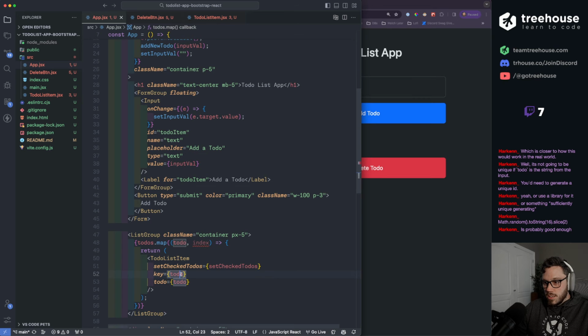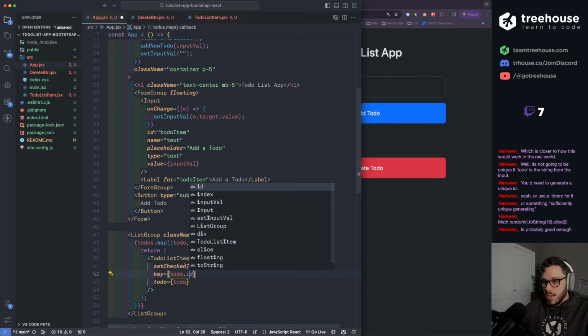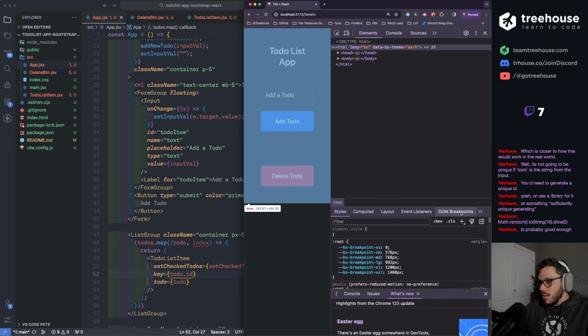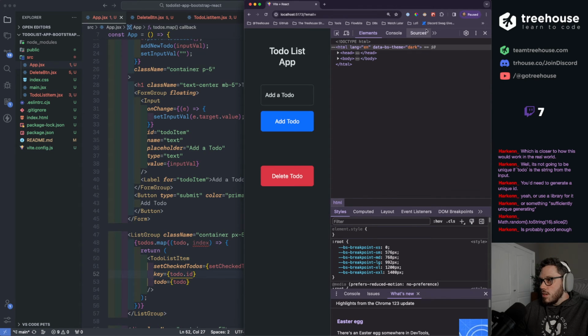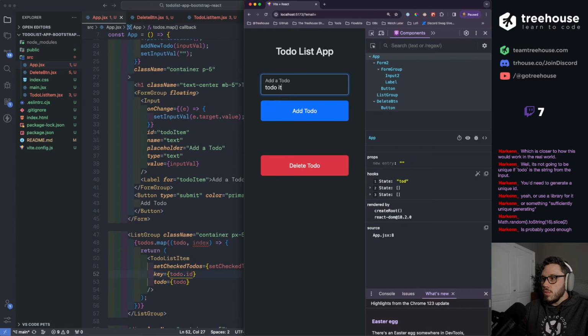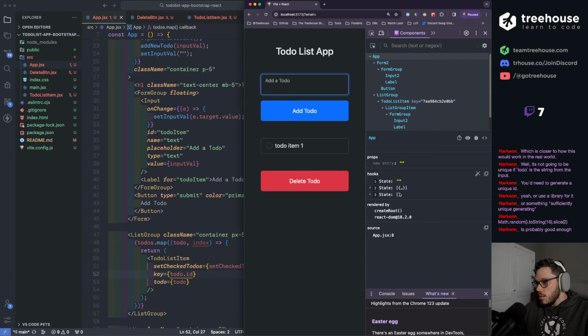So the key needs to be to-do.id. Let's see if I can see all that in the console. To-do item 1. Cool. So it does give me a unique ID, which is sweet.